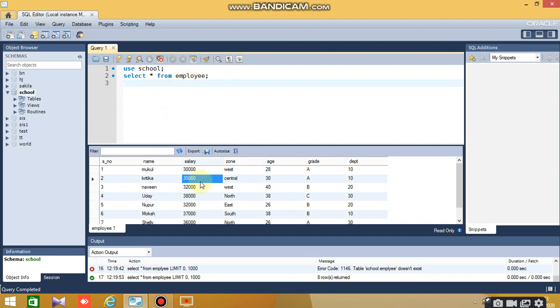So let's see, suppose I want to see the details or names of those employees who are getting salary between 30,000 and 35,000. So for this what will you write? Select. Suppose I want to see their names only.